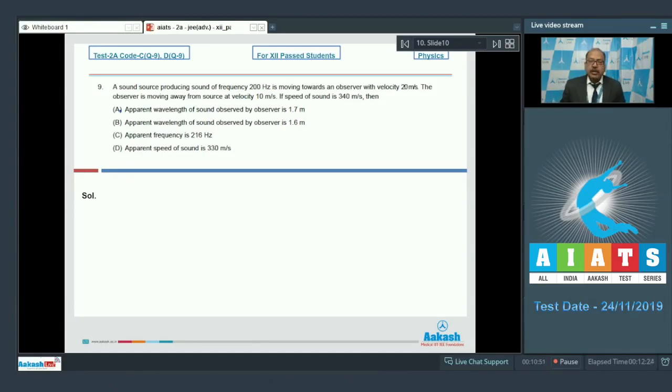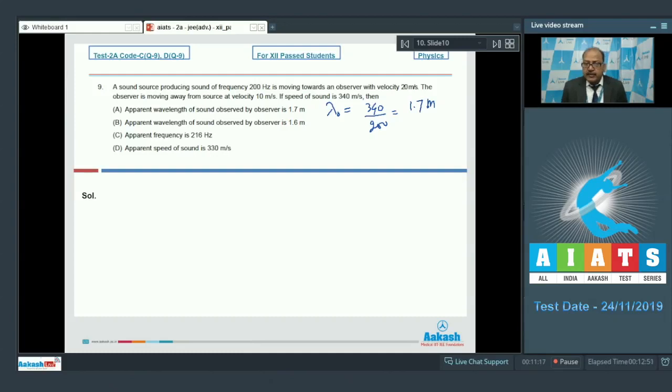If the source had not been moving, then the wavelength would have been, we call it lambda naught. Remember, lambda naught would be the wavelength if the source had not been moving, and this would have been equal to the speed, which is 340 meter per second, divided by frequency 200, and this is 1.7 meter. But here the source is moving,